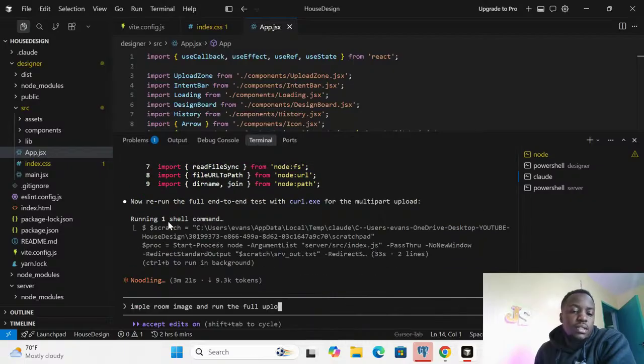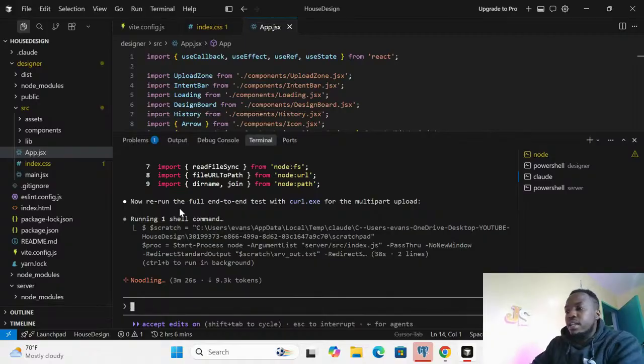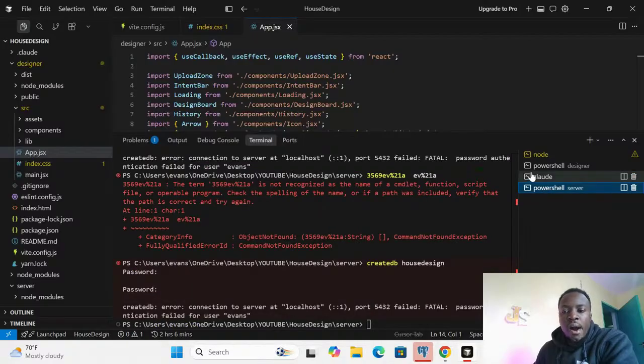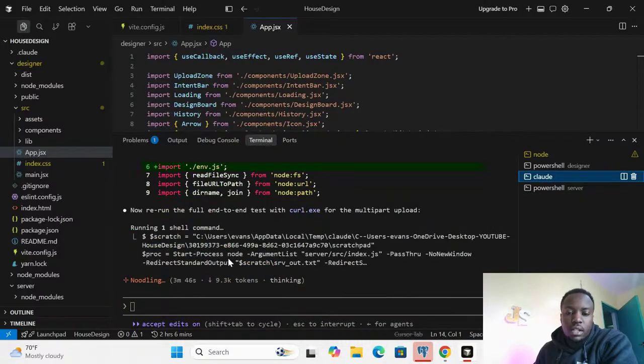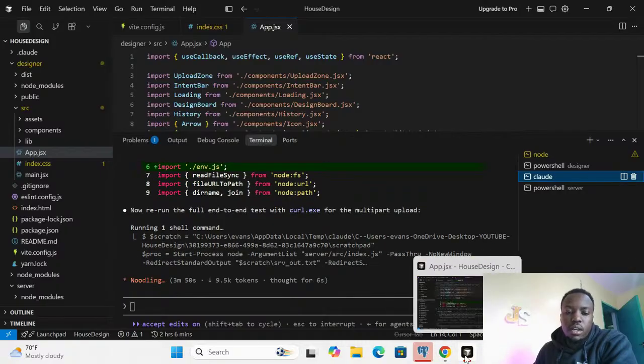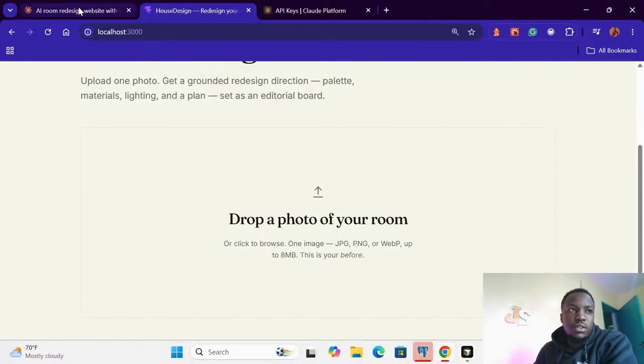Every time it spins the server, it ends up finding new problems that need to be fixed. So let it do its thing. I think we are not running out of credit because